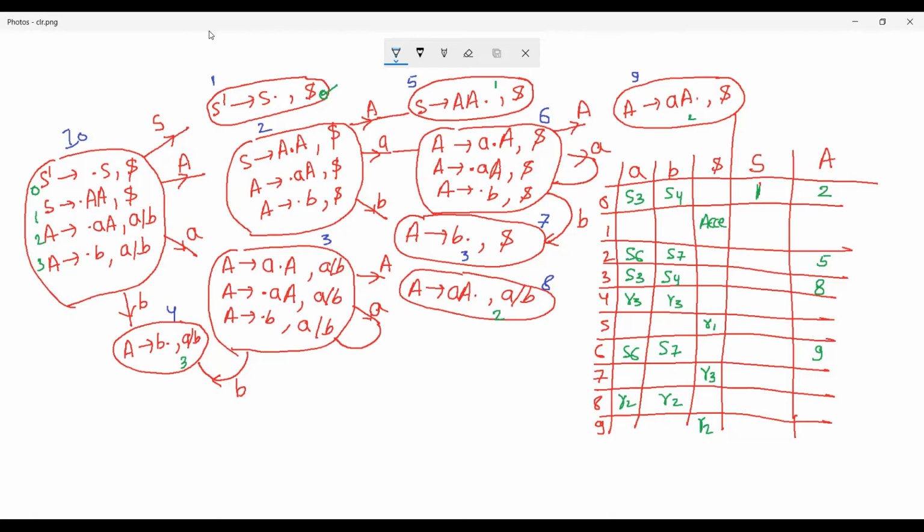Now on seeing a small a, your state will become like this, and see the look ahead. Look ahead is dollar. Now if I compare state number 3 and state number 6, you can see that productions are same, but look ahead here is A comma B, and यहाँ पर look ahead है आपका dollar. So that is why you have to create two new states.